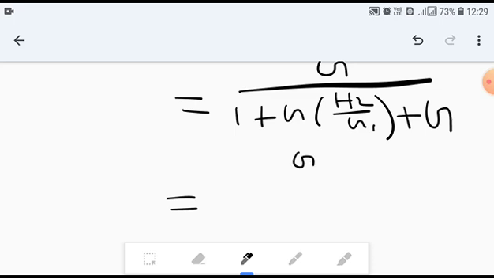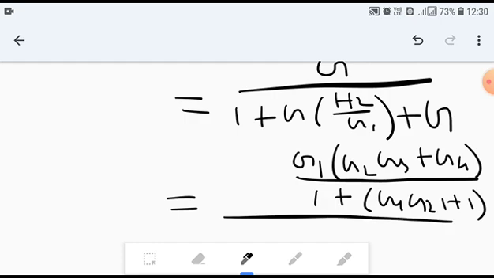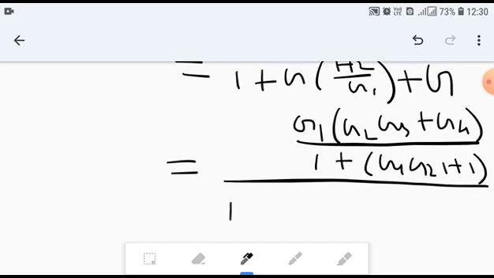So I am writing what is G here, G1 into G2 G3 plus G4 whole divided by 1 plus G1 G2 H1, right, whole divided by 1 plus, here we have G,